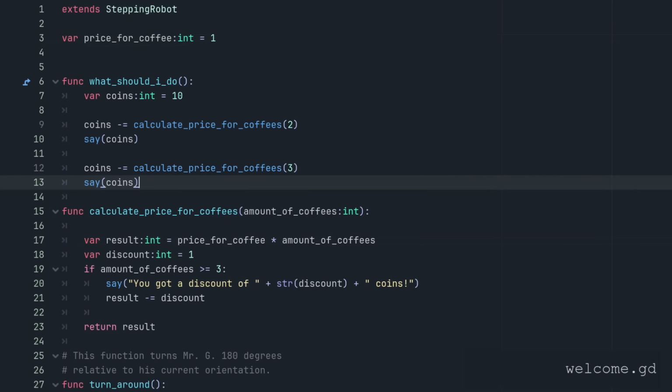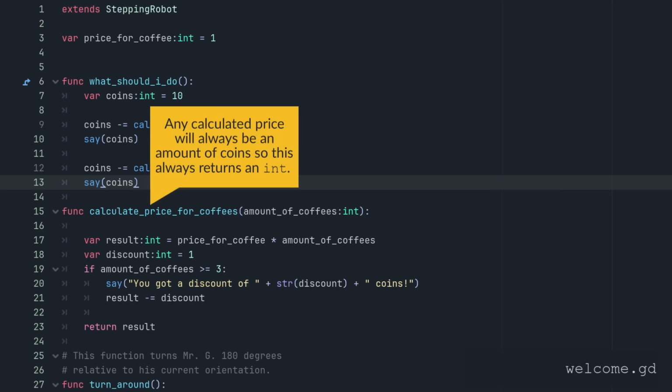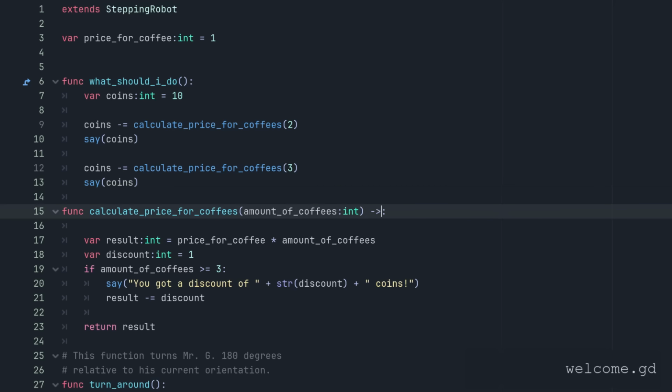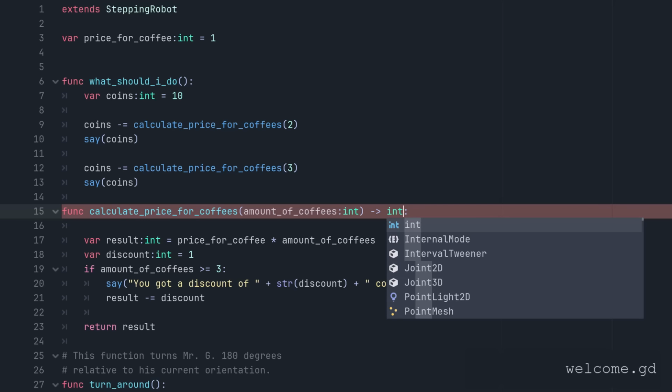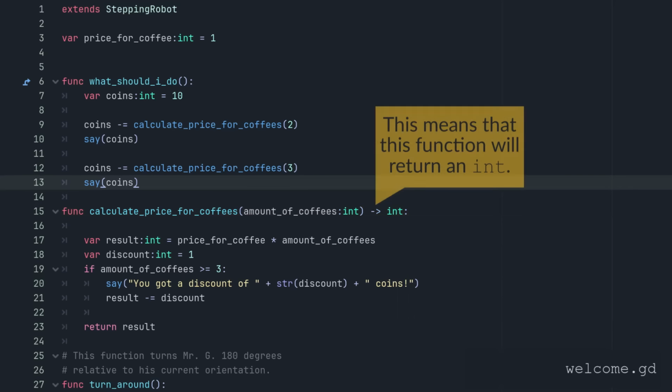We can even lock down the type of data that a function returns. So our calculate price for coffees function will always return a whole number. So we can add a minus greater than after the closing parenthesis. This looks like a little arrow. And then we can write int before the colon. And now this function can only return whole